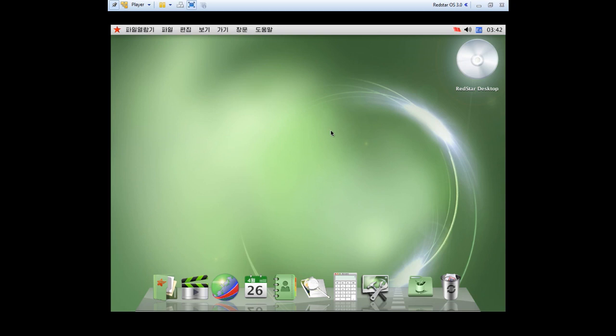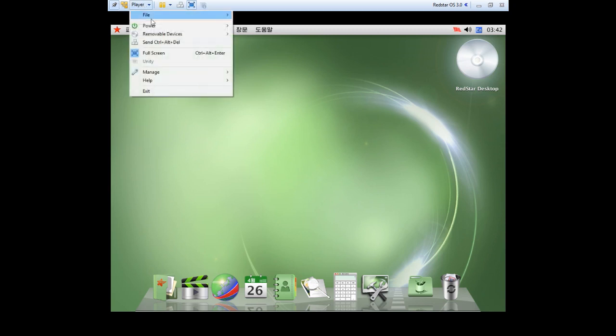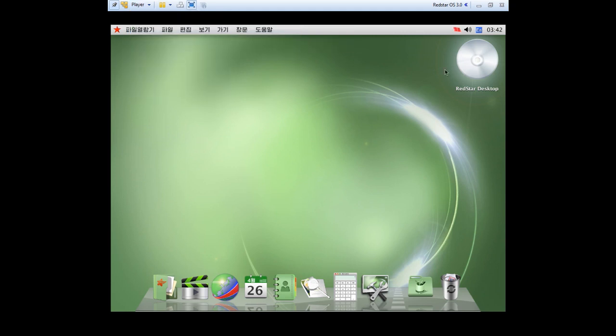And if you use the player and connect the CD DVD, if you've got your ISO image on your desktop, it will appear in the corner here. So if you get that file, edit the ISO image and stick it in there, you can then click on that